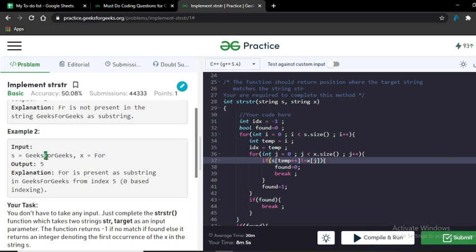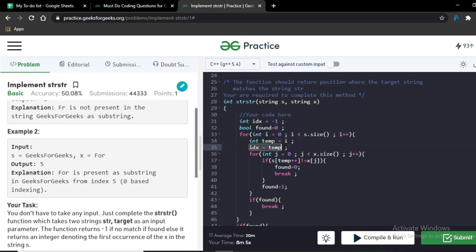So we have to check all the conditions. Starting from temp here, we have to go till the last character of this string. So we have to take a temporary variable so as to start from this index. And if we don't take any temporary variable, if we keep on incrementing the i itself, then let's suppose we have f for. How would we come back to the second f again, to check whether the string is equal to that substring? Fine, that's why we have taken this temp variable.